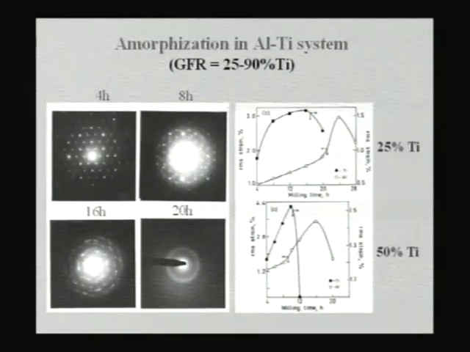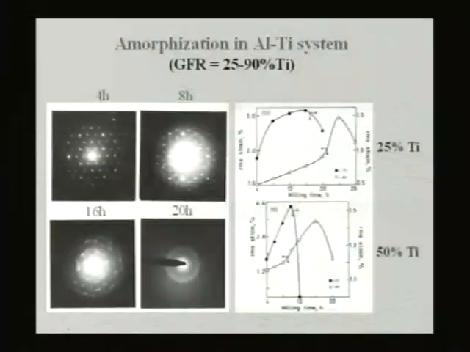So let us try to look at some of the work that has happened in the world so far on these kinds of alloys. If you look at the first transparency, this is basically how amorphization occurs in a simple binary system. Usually in a binary system, we all know that the glass forming ability is very poor, particularly aluminum based binaries. It's very difficult to make glass, but there are a few systems where people could successfully make it.